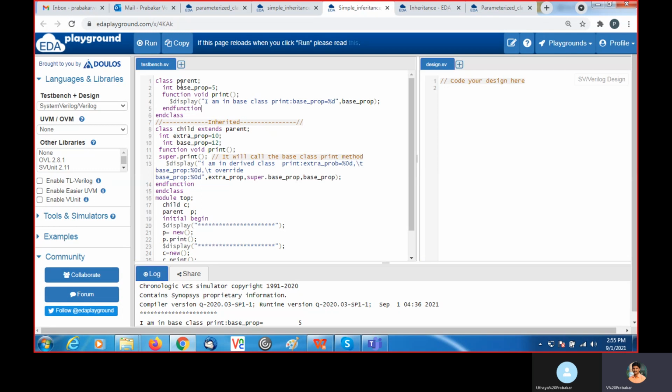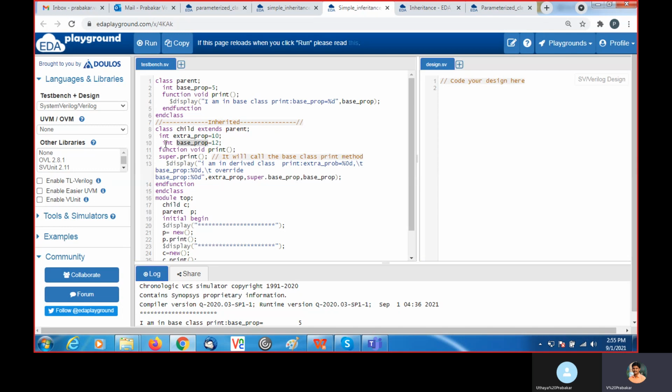Class child extends from this parent, so automatically this base property will come to the child. Now I want to override this one. The value of base property is 5. If I explicitly write the same int base_property equal to 12, it will override the base class property.